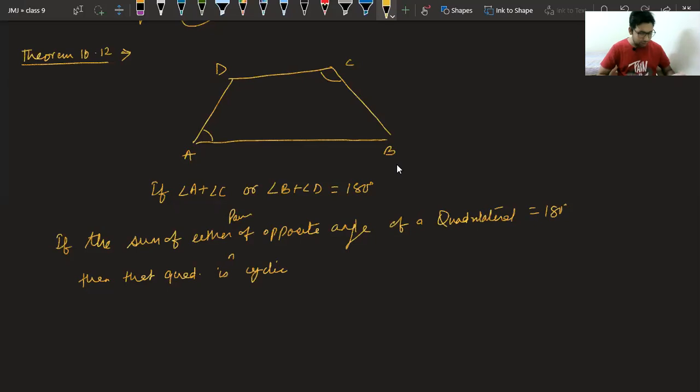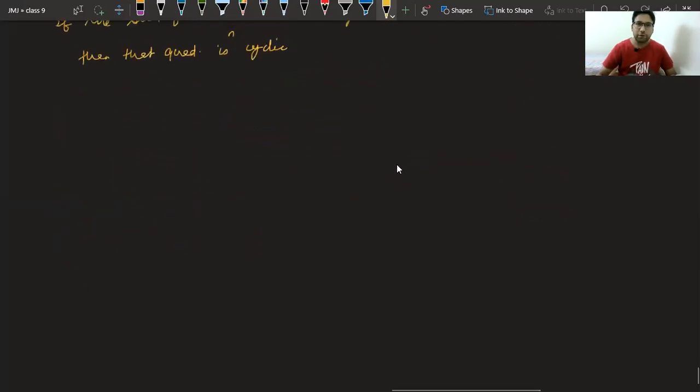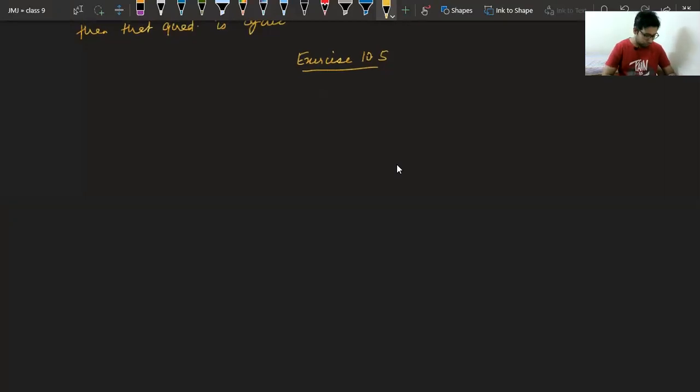Let's start now the questions of the exercise. You are free to solve the examples after this exercise because these examples are very beneficial for you in some sort of concepts. So now let me start with the first question of the 10.5 exercise. In these 2 days, you are supposed to try all the questions of this exercise. If time allows, I will surely put a video for this.